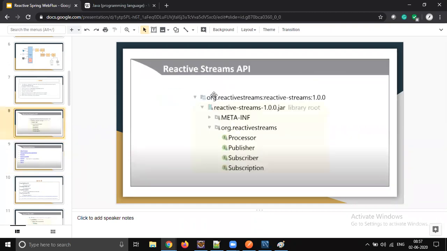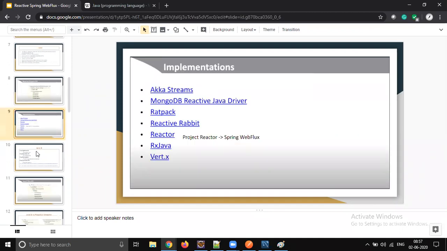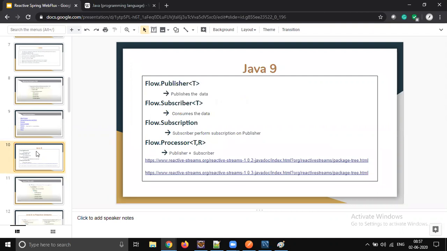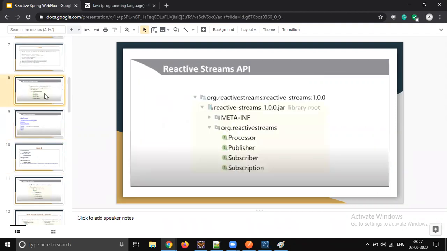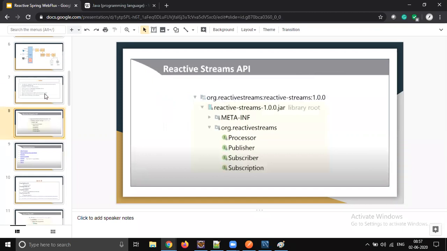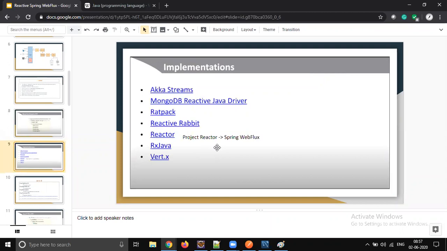It's an implementation of the Reactive API. But don't worry, Java started adapting this. Maybe in the next couple of years Java will be powerful, hopefully. For sure Java will come back and overcome all these